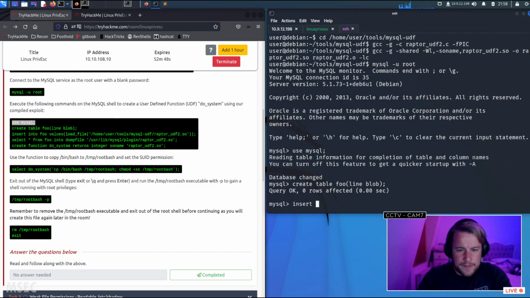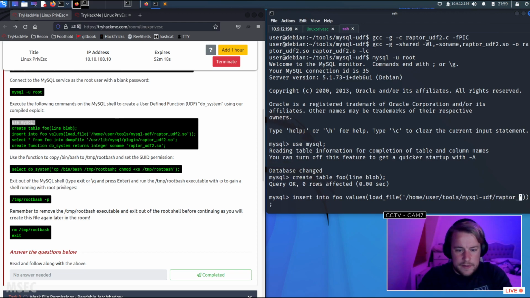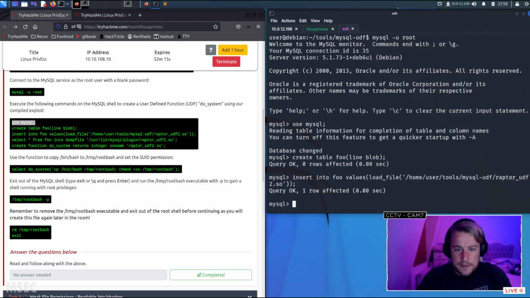Insert into foo values (load_file('/home/user/tools/mysql-udf/raptor_udf2.so')). And select * from foo into dumpfile